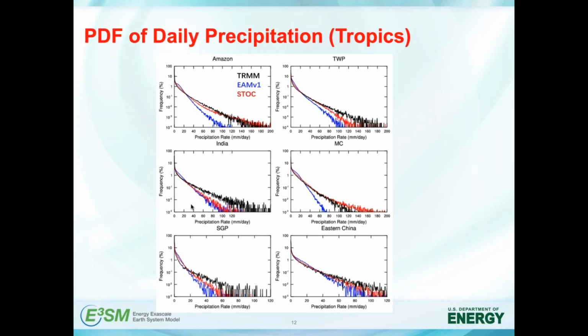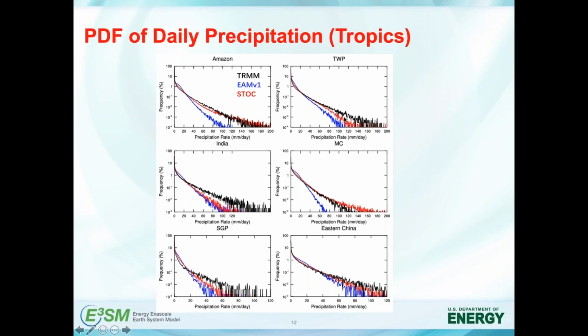And then in last month's NGD talk, people were asking how the PDFs look in individual regions. So I then looked at a few regions, first the Amazon and the Western Pacific. This is the Indian monsoon region. And then the Western Pacific Maritime Continent, and then the SGP site, as well as Eastern China during their monsoon rain season. And as you can see, overall, in most of the regions, there is improved PDF distribution to varying degree. For instance, over the Amazon, the improvement is quite substantial,